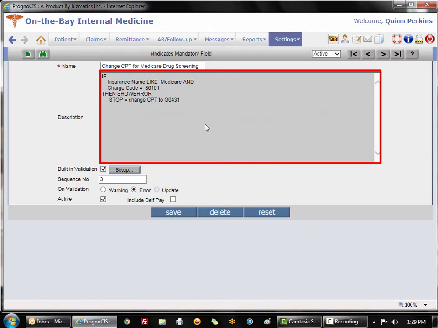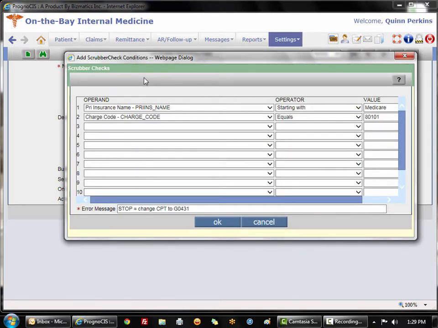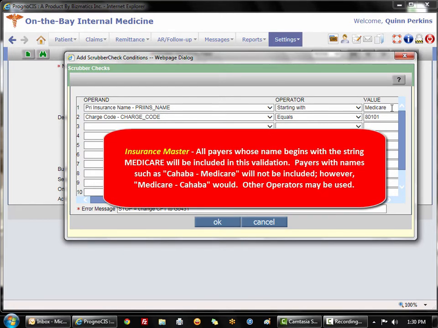But to show you how this is compiled, I'm going to go into the setup button. And what it says here is that this scrubber check is going to hit on every claim that satisfies the following criteria. 1, the primary insurance name starts with the word Medicare. So within your insurance master, if you have a Medicare payer, or if you have a payer called Medicare Outpatient, Medicare Inpatient, Medicare Cahaba Benefits, or if you have a payer